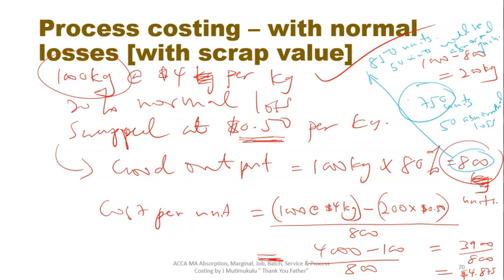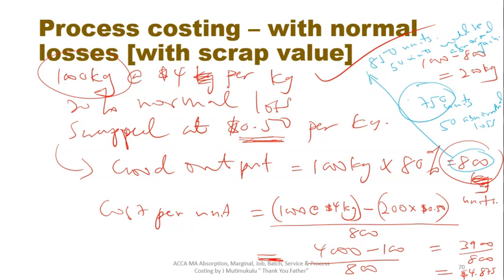All right. Similarly, the value of the good units which were produced extra, let's say we produced 850 when we were expecting to produce 800, those extra 50 are just valued the same way as the good quantities. All right, so the values of these abnormal losses or abnormal gains is actually in terms of the good quantities.